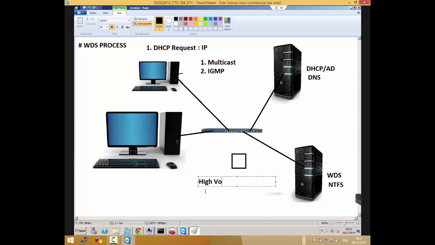High volume deployment meaning you have lots of machines. You have about 50 machines to install Windows on, and you're wondering where to start. So now you're broadcasting the Windows image to 50 machines, and then you realize one of them is really slowing the transmission down. So you can disconnect that one, but you can still build the remaining 49.